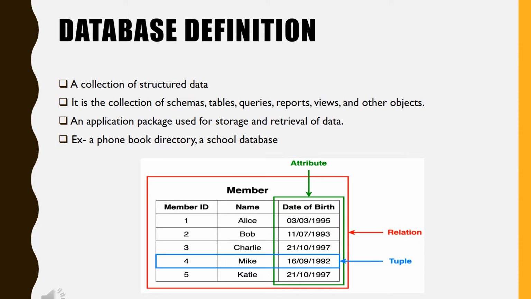Let's take an example of a school database. In that database we store all the information about the students, their personal details, their professional details, their details regarding the accounts department, regarding the library system. So likewise we store all the details about the students in a database, so that whenever we need it we can use it, or we can extract the information from that database. And in this diagram you can see that the data is stored in a tabular form. So in DBMS we refer to a table as a relation, a row as a tuple, and a column as an attribute.